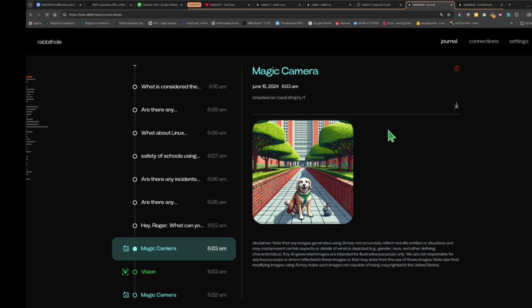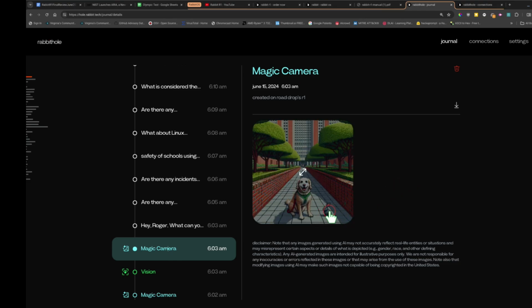If you like this feature, you learn quickly to take a regular picture like I did, and then follow up with the magic camera picture. This gives you the opportunity to compare the images and a way to document what you're doing. The other thing that I learned is when you try to do just a vision, if you do the vision and you don't say anything, sometimes it just defaults to magic camera. So it's kind of a feel, but it is a lot of fun to do this, and you will see